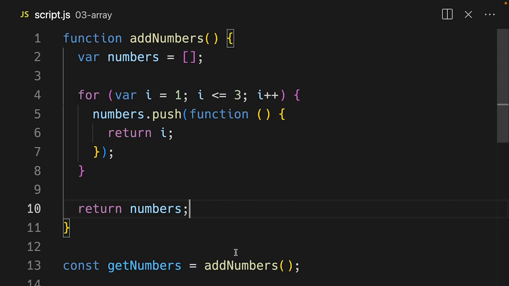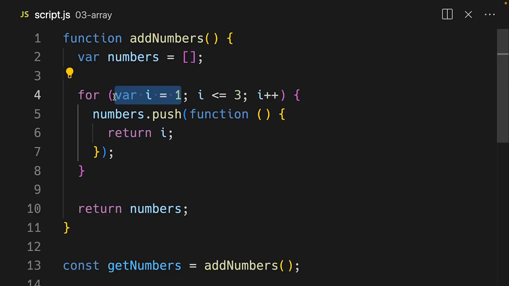Think about how a for loop works. Many of us use a simple for loop on a daily basis without truly understanding how it works. If you have a look on line 4, you'll see that the for loop takes 3 expressions inside parentheses. The first one is the initial or initializer expression, and what it does is initialize the for loop. The initial expression will only run once. And in this case, it creates an I variable and sets it to 1, which is also the starting position